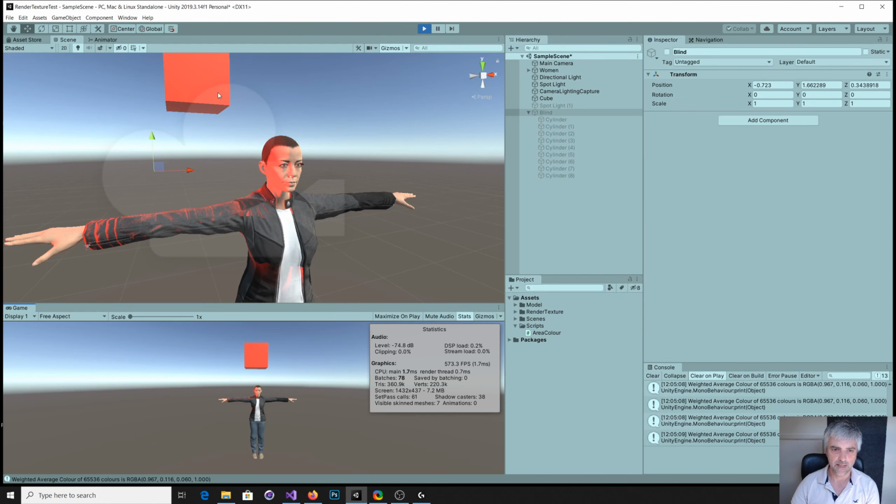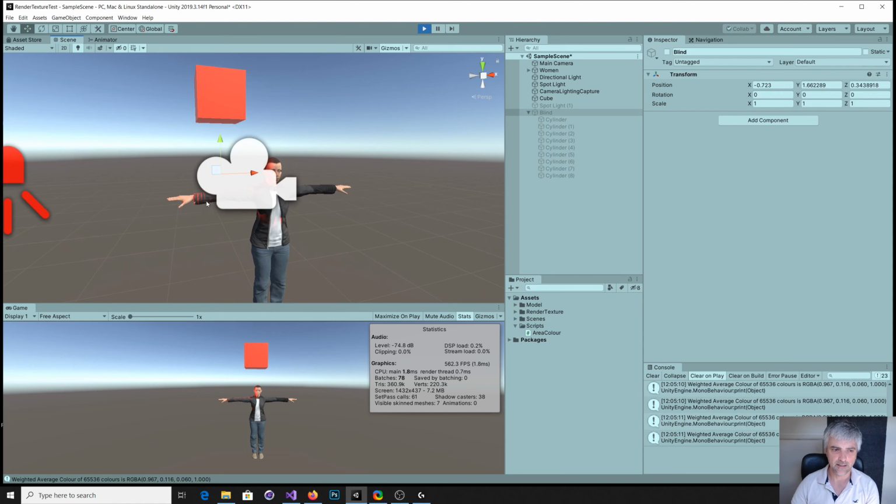you can see what's happening here is the red's coming in, and down here I've got some console telling me what the average colour is, and that average colour is then being displayed on this cube behind the character. So you can see that this illumination is indeed pretty much the colour that's on the character's face,